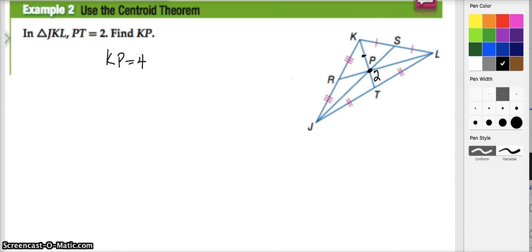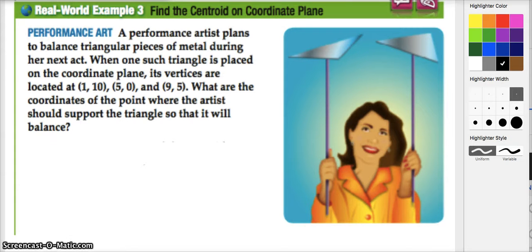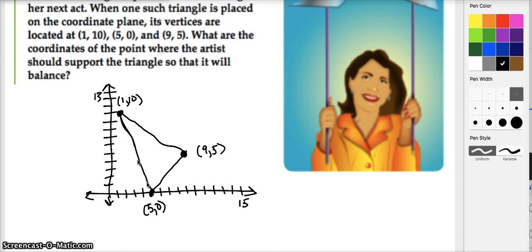Yeah, that's really it. Okay, so here is our real world example. Now, a performance artist plans to balance triangular pieces of metal during her act. When one such triangle is placed on the coordinate plane, here's where its vertices lie, right? What are the coordinates of the point where the artist should support the triangle so that it will balance? So we're going to find the centroid, right? That's what we'll do. So after drawing a picture of what this looks like, we know we're going to have to find the centroid. And the centroid is going to be, remember, you're going to find the midpoints of each side, and then you're going to figure out what the